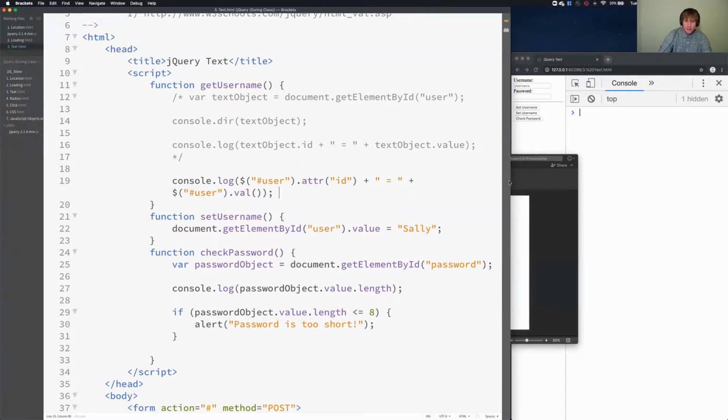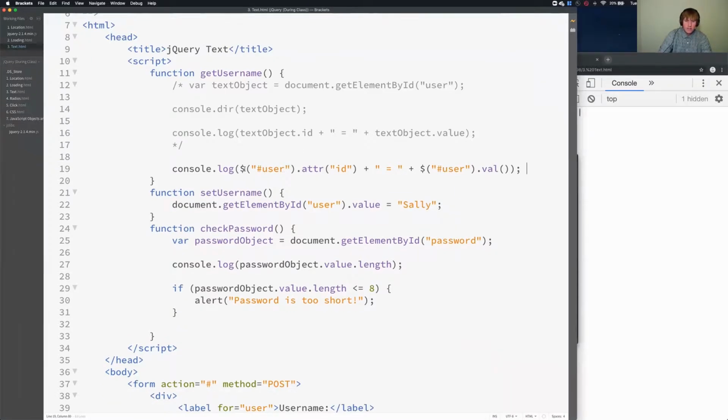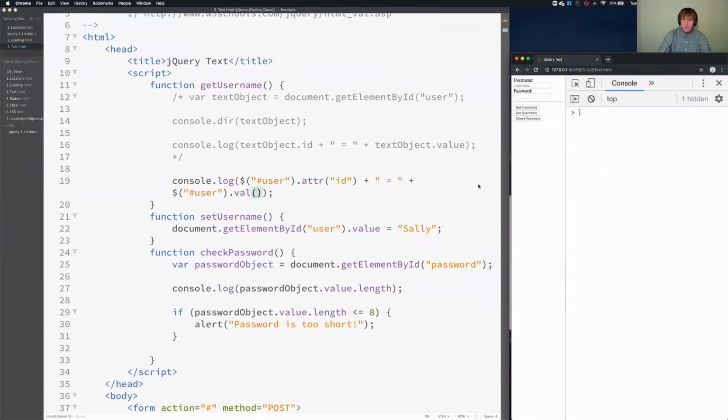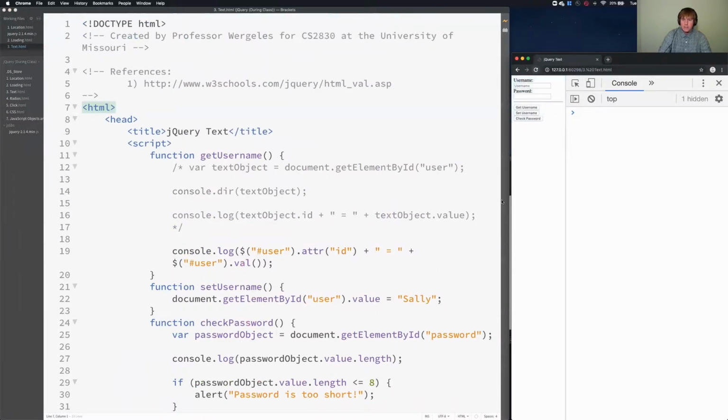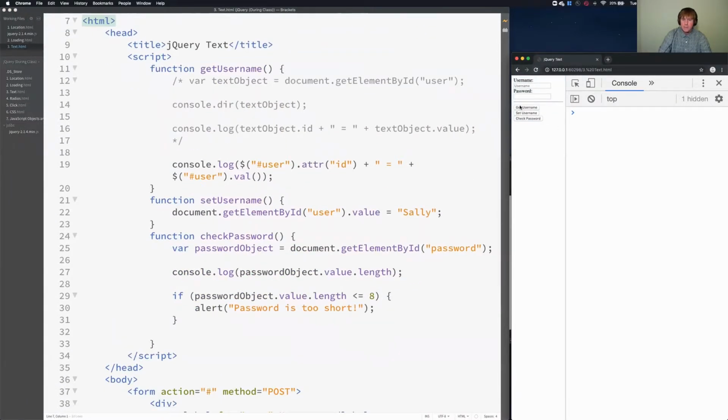So if I expand the window here, you'll see with one line I can accomplish something that would probably at least take 2 lines. So in this case, it's much shorter. I'm using jQuery. I'm looking for the user ID. I'm going to search for the ID attribute. I'm going to concatenate that with this string, and I'm going to concatenate that with the user ID's value. Let's see if it works. If I come back to the page, make sure you save your code, refresh the page, click on the button,